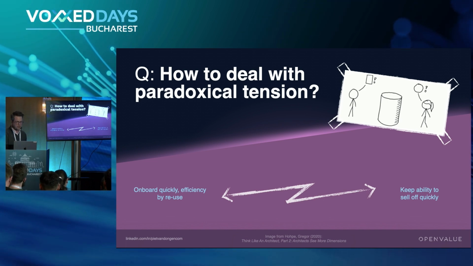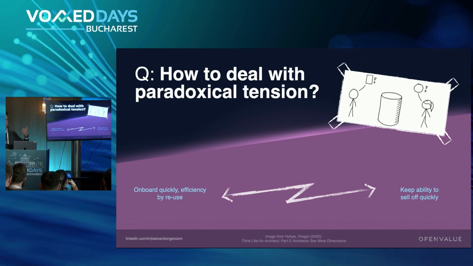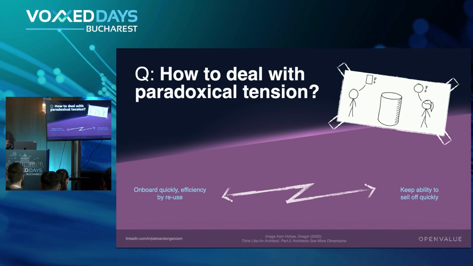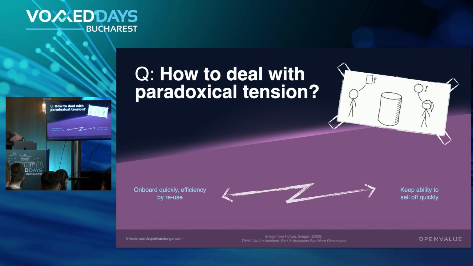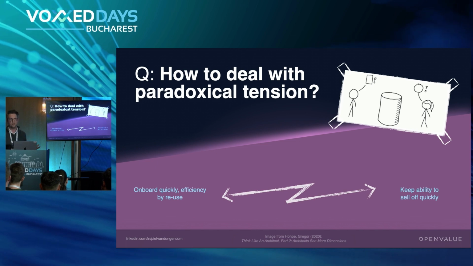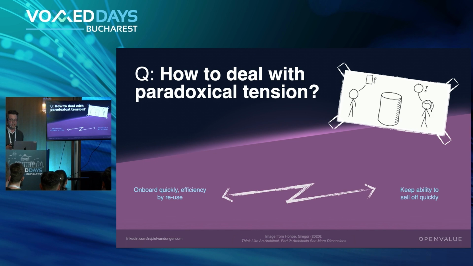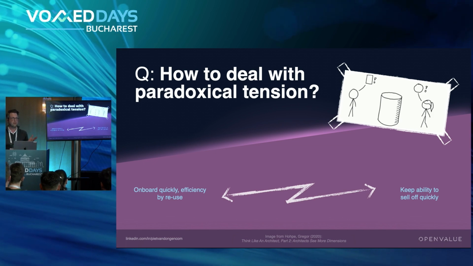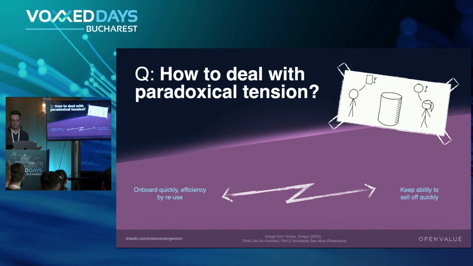Okay, so sometimes you have requirements that are at tension with each other, right? So this was an example of a huge company, a digital media company in the Netherlands, that had a strategy where they bought labels like newspapers and magazines that were not doing so well, onboarding them to make them more effective. I know this is a horrible business case, but that's how that works there, and it's needed.